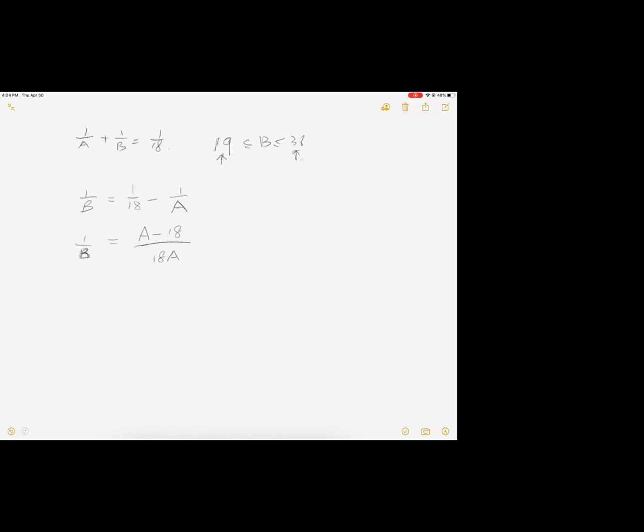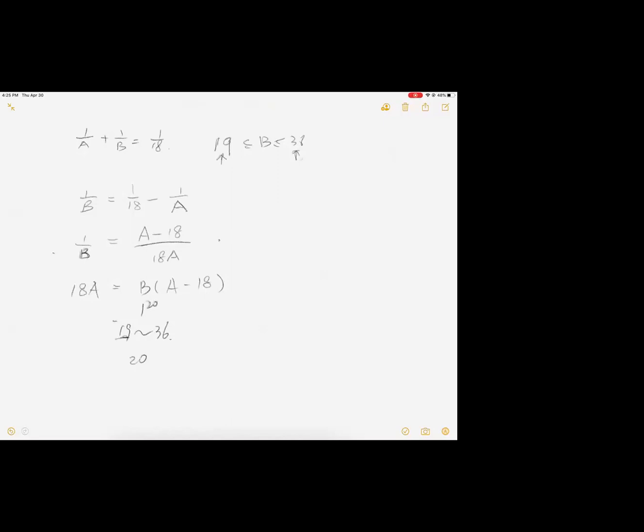So then that means if we multiply B here, multiply 18A here, so this will be 18A equals B times A minus 18, okay. And B is something from 19 to 36, okay. So we can start looking, what kind of number will work, right? So in this case, we can just do an enumeration. So from B, from 19, we already know 19 will work. Does 20 work? Will 20 work? So if B is 20,